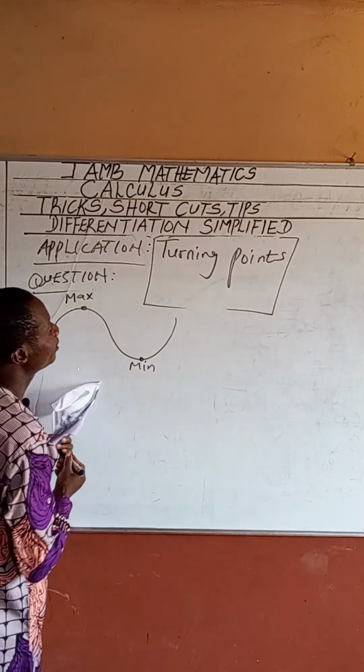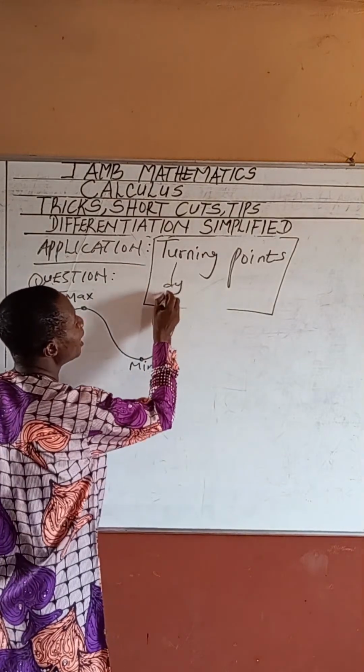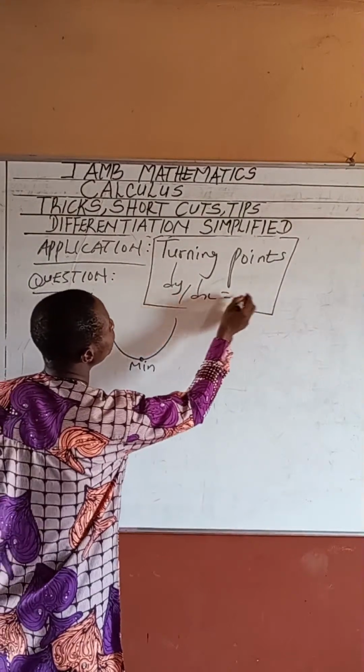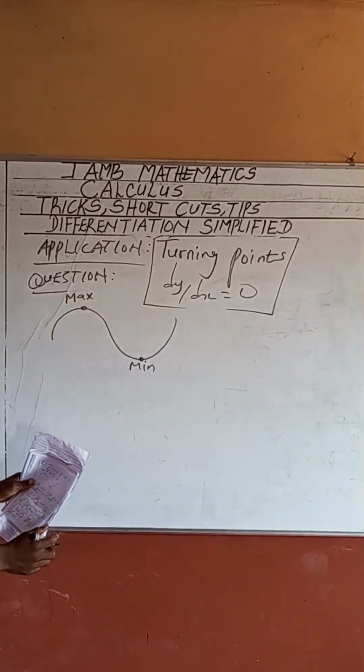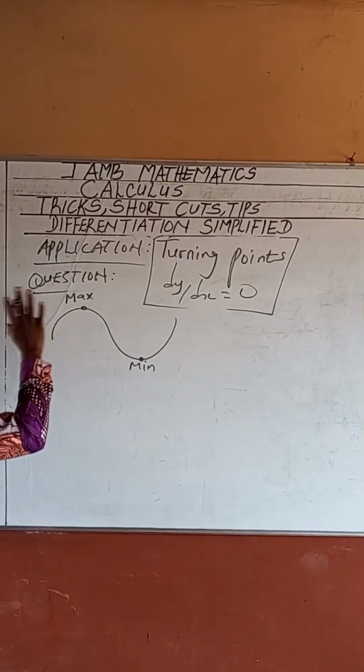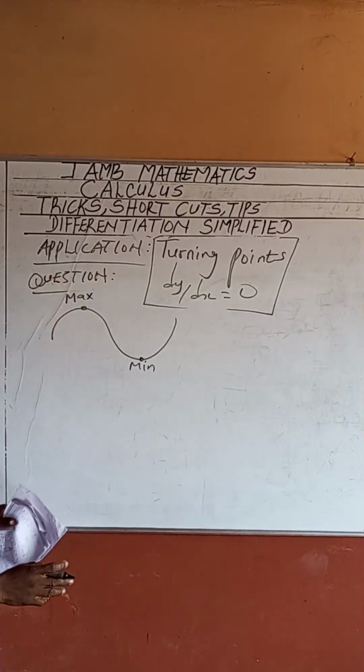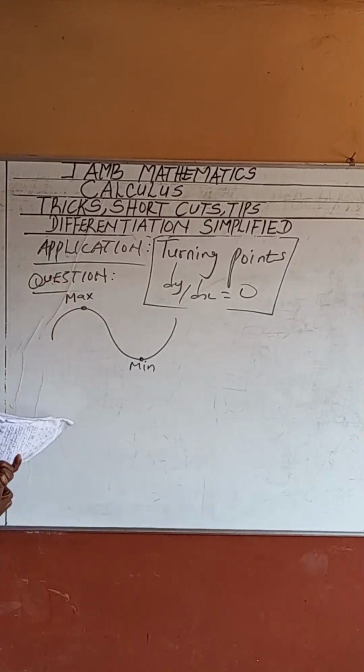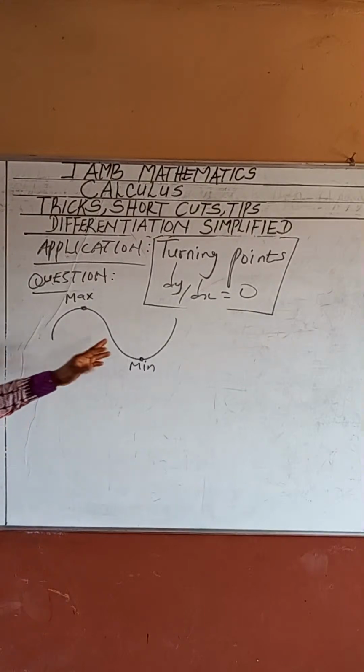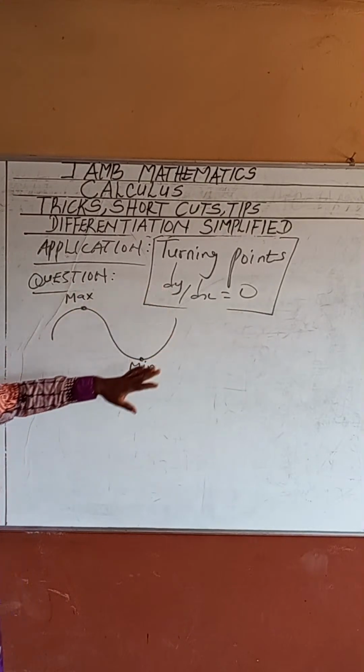That is why dy/dx at every turning point is equal to what? 0. I want you to be following this because the next questions will come from here now. The next questions that will simplify any question at all will come from here. Okay? So at